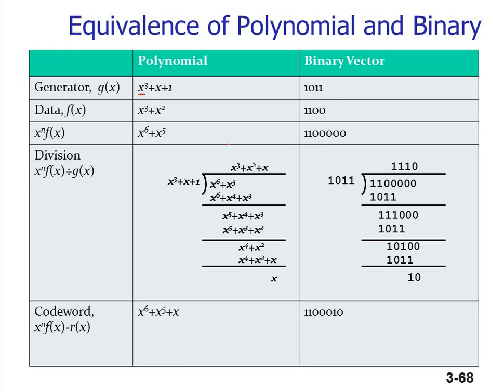Then you have to start with the x cube. You have to cancel this x5, so you have to multiply by x square. So you start with x square into x cube plus x square. So you will find x square over here, x cube will get cancelled, this term and this term will get cancelled. So the remaining terms are only x raised to 4 and x square. So x4, so you have to multiply by x so that you can cancel it. So x4 plus x square plus x, so the only remainder is x.